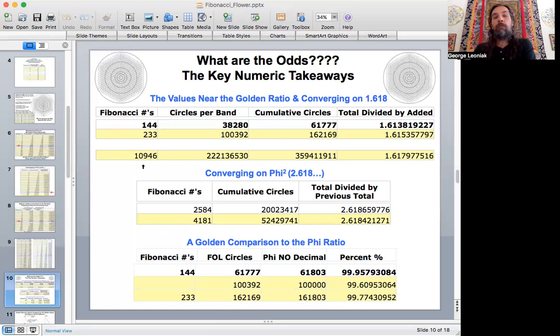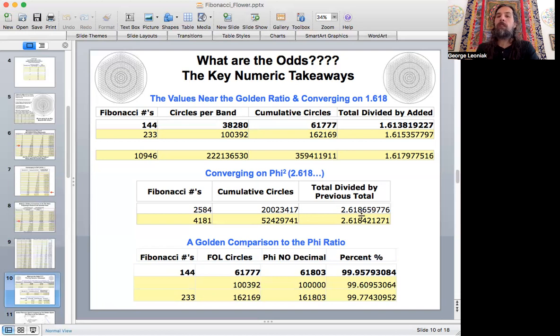Because in just the 3 more numbers at 24, we're up to 46,000 rows to deal with. So, okay, and this was probably the one that was most accurate out of all of these, the cumulative circles. So now we're not doing the circle per band thing. We're just going, how many circles are in the Fibonacci number here? And those numbers, they're coming right in around phi squared, which is